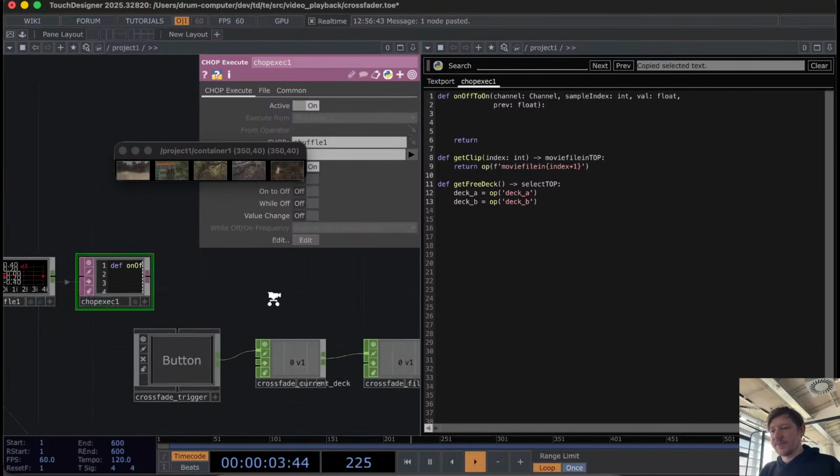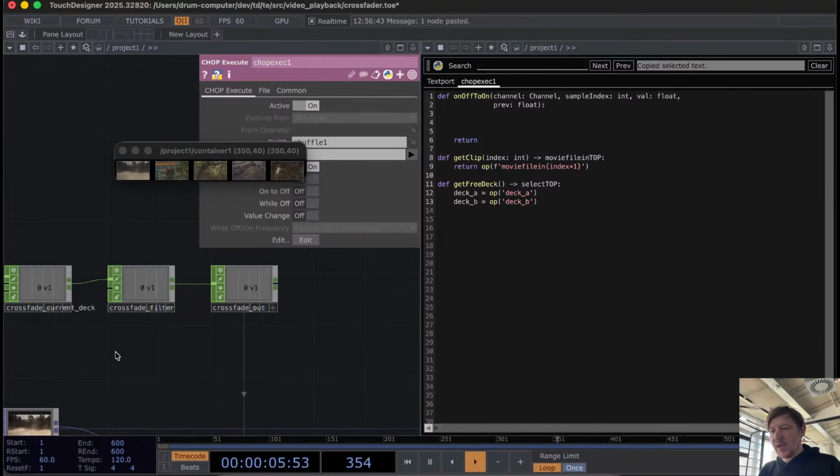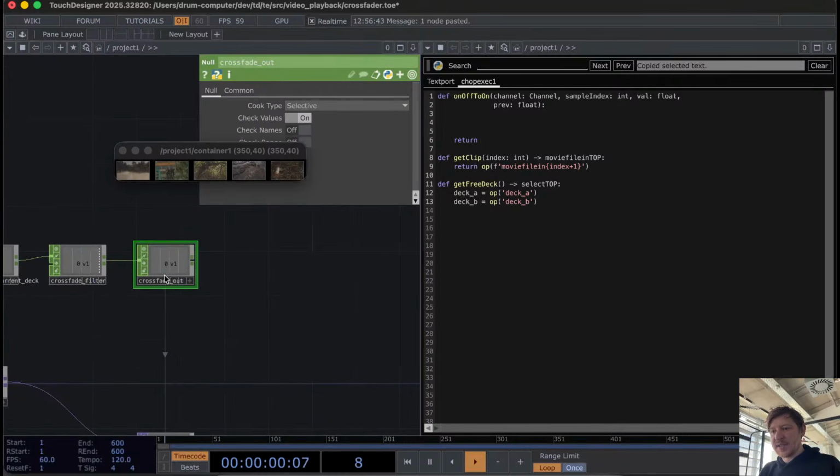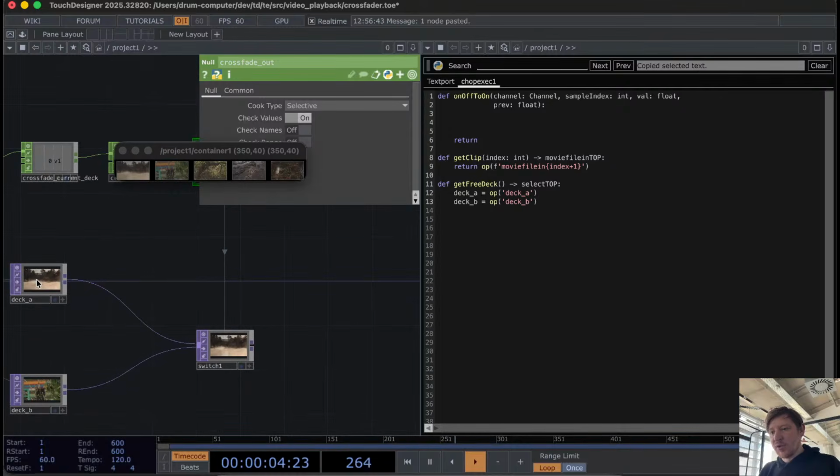How do we know this? Well, we know this by saying that, okay, if this thing shows us 0 right now, then it means that we're looking at deck A, and it means that the deck B is currently free, right? Then otherwise, deck A is free. So what we're saying here is we can say